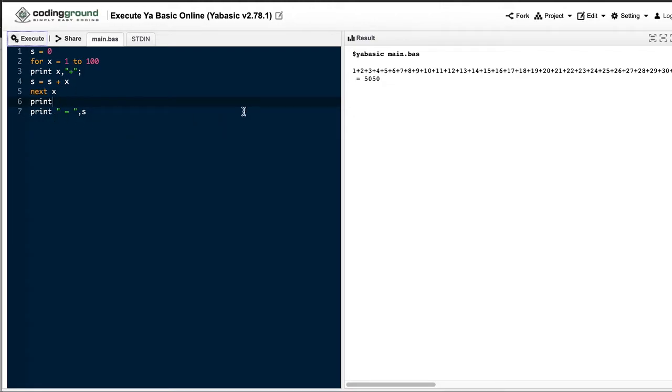Okay, so now I think we have known how to print, how to format our printing, and how the loop works. So shall I give you a decent question now? Shall I give you? Yeah, why not?